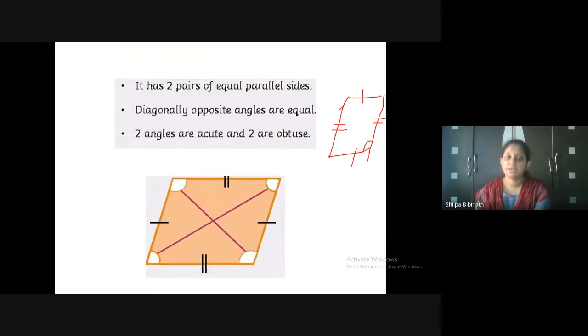Okay, two pairs of equal parallel sides, and diagonally opposite angles are equal. Now if this is 8, this will be 8. If this is 4, this will be 4. If this is 100 degrees, this will be 100 degrees. Okay,